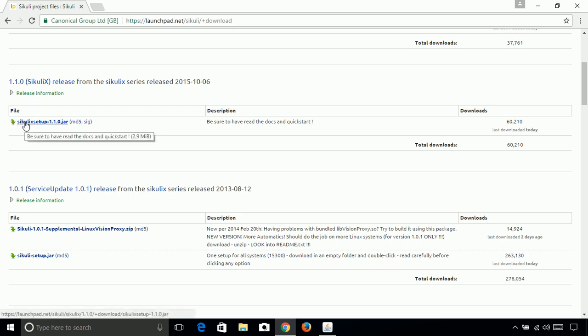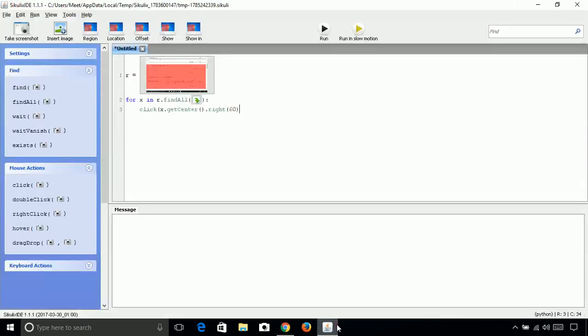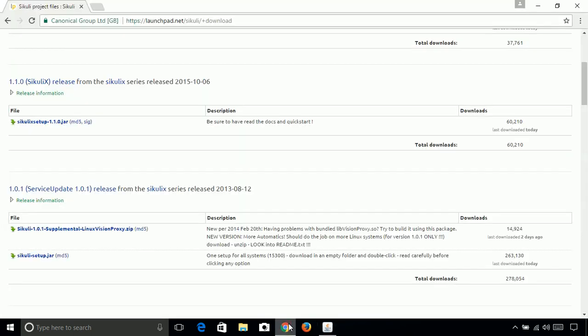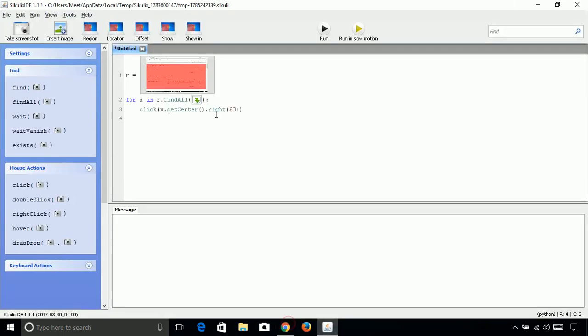So your script will get the downloadable file. So we are going to click on that. It will find all the downloadable files and then go right 60 pixels from that particular matched pattern.